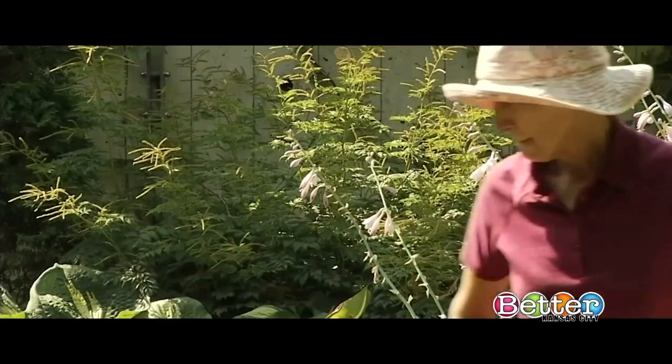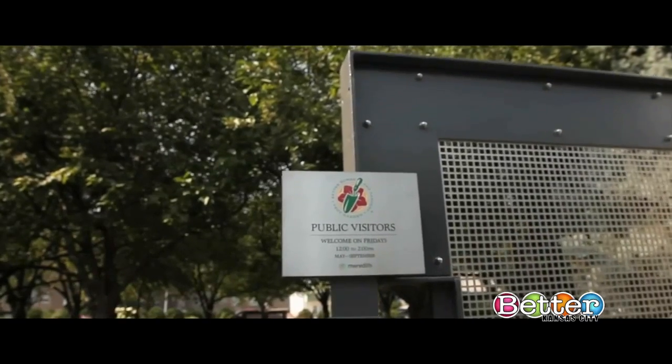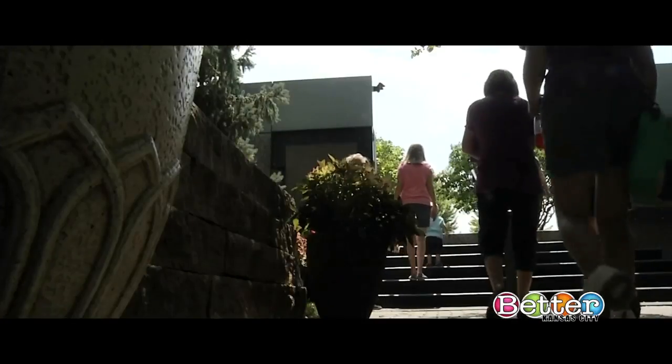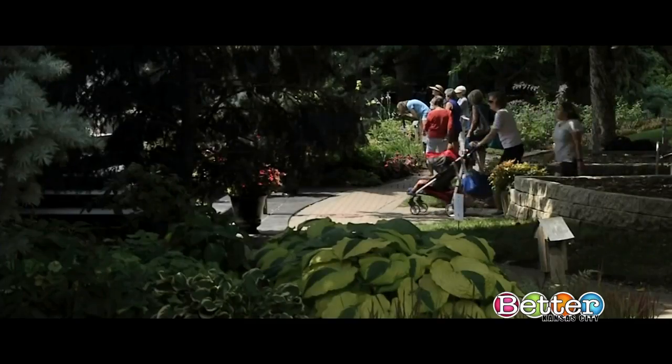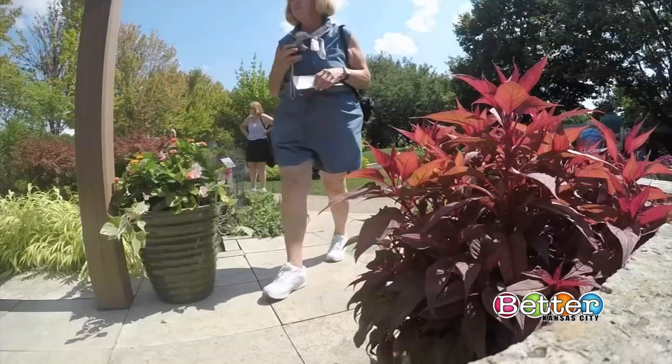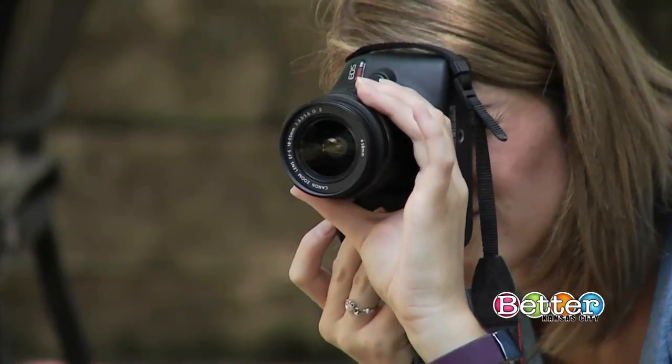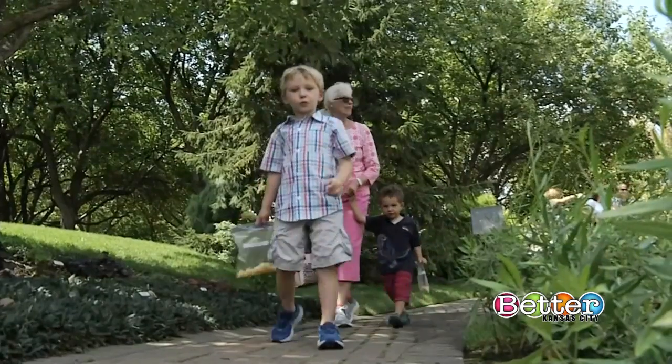Even though it is a working garden, during the summer, the gardens are open to anyone for a couple of hours on Friday afternoons. It's a popular destination for locals and tourists alike. People plan a year in advance to visit the garden, so we have different garden groups that will come and they'll book a private tour, and they're just very impressed because we're in downtown Des Moines where we have a